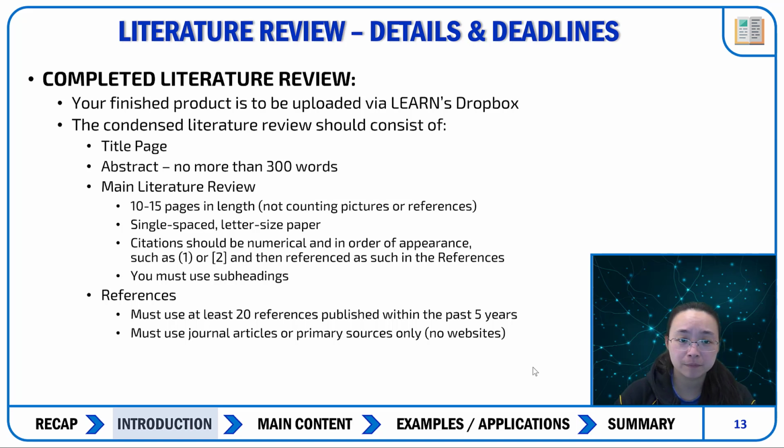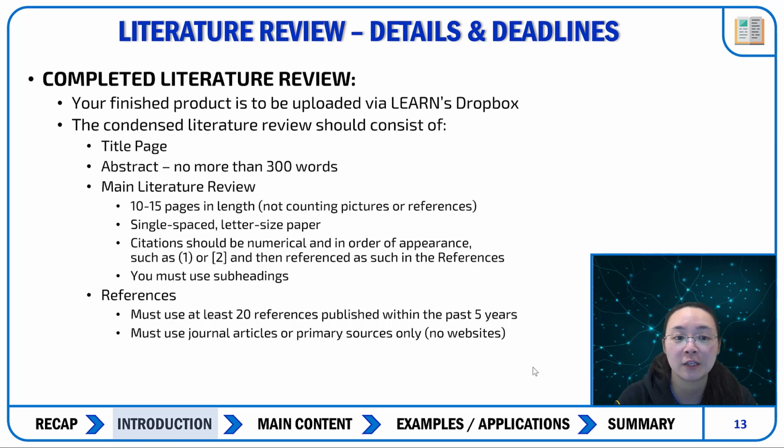Citations should be numerical and in the order of appearance, such as 1 or 2. This is because there are a lot of students that I've caught in the past who have overused references, especially references with many, many names. So if they appear too many times, it's very hard to get a judge of how much content there actually